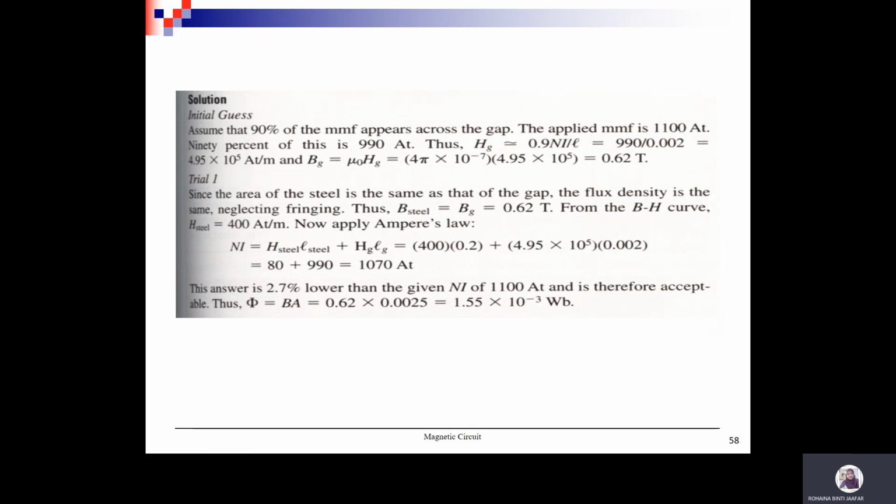So this one is actually a trial and error method. Okay, so these are the steps. Please study the steps, and finally you will get the answer for flux equal to 1.55 times 10 to the power of minus 3 Weber. Normally the trial and error method will not be asked in your final exam. So this is for your additional information to solve the